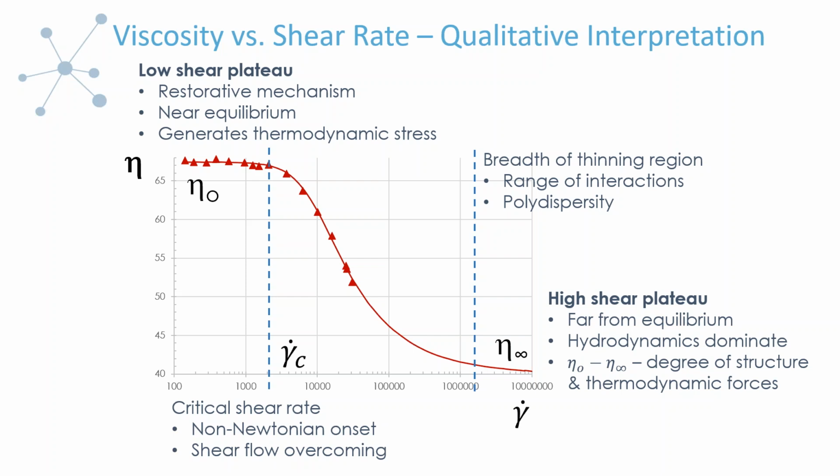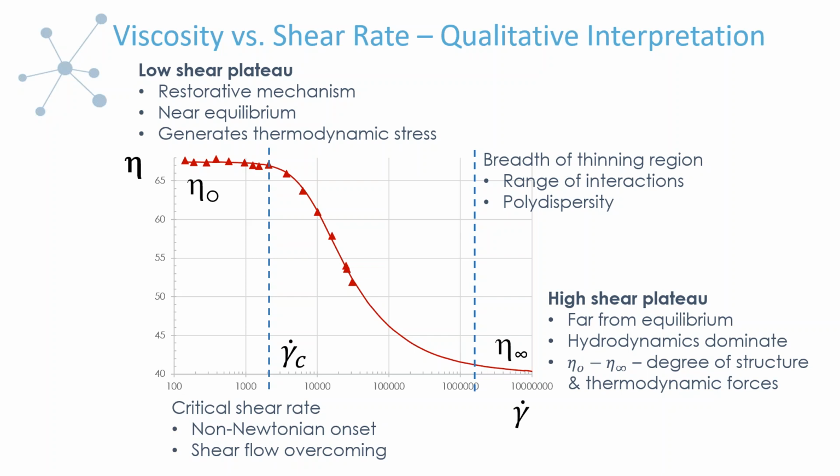And if you look at the difference between these two plateau values, it gives you an idea of the strength of thermodynamic forces. So thermodynamic forces are, as I stated, Brownian motion, but could also be electrostatics or steric repulsions in the case of, say, soft polymer layers grafted on a colloidal particle. Those would all be thermodynamic types of forces, and also reflective of the degree of structure that was formed. By the degree of structure, I mean, did it have some sort of aggregated state, or did it have